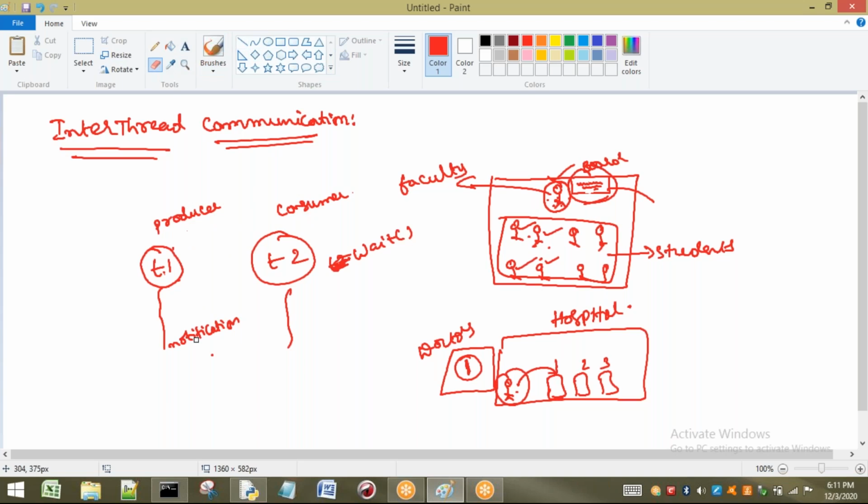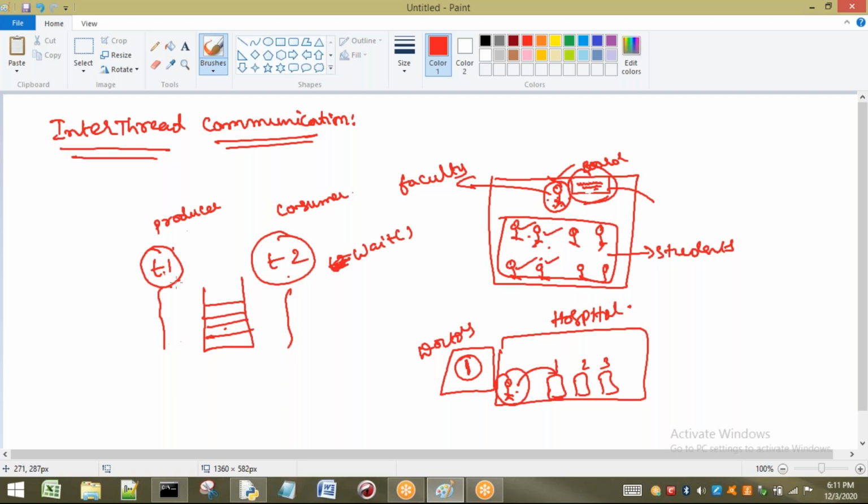I will take a small scenario. Observe now. Here T1 and T2 are there. Let us consider T1 is the producer, T2 is the consumer. This is a buffer, for example, or some queue in between T1 and T2. So T1 is using this one and T2 is using this one.